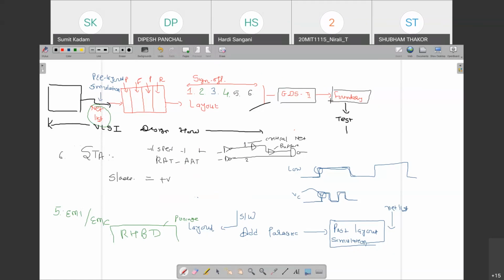Foundry people fabricate that IC on the silicon, and it is checked by the testing process, and then it is available finally for the applications. So in this course, our syllabus is available up to this. Start from circuit netlist as input, VLSI physical design,